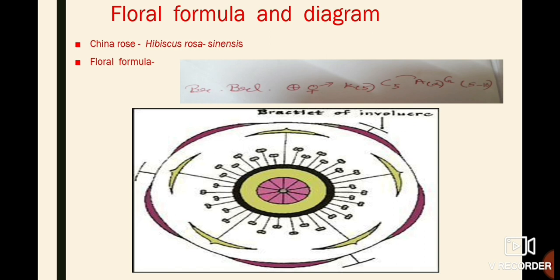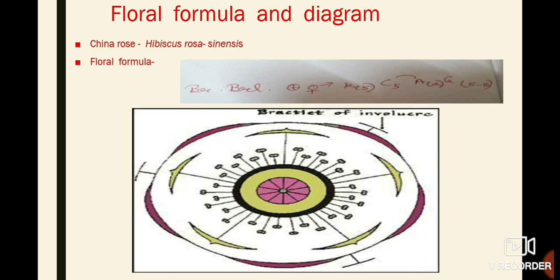Then after actinomorphic comes a sign which stands for bisexual. Why bisexual? Because both the sexes are present, both male and female. Then comes K. K stands for calyx. At the end of the K I have written a small 5, and within brackets, to signify that there are 5 sepals in the calyx and they are united with each other. You can see from the diagram, the pink colored one is your calyx portion. They are united, that's why they have been put in the bracket.